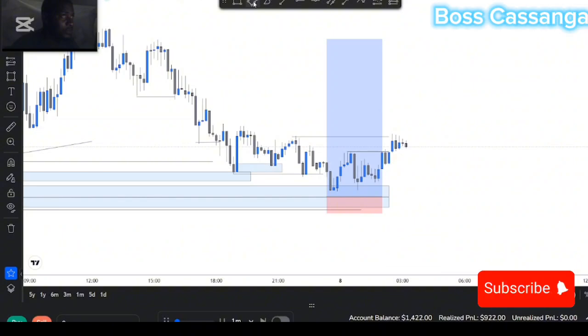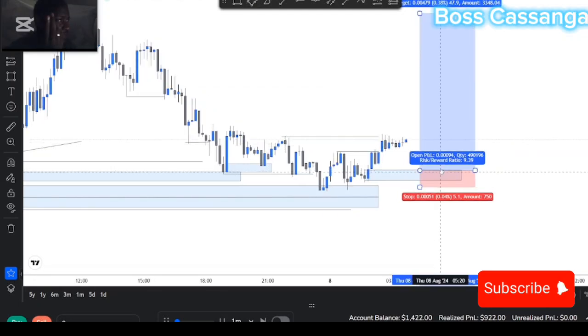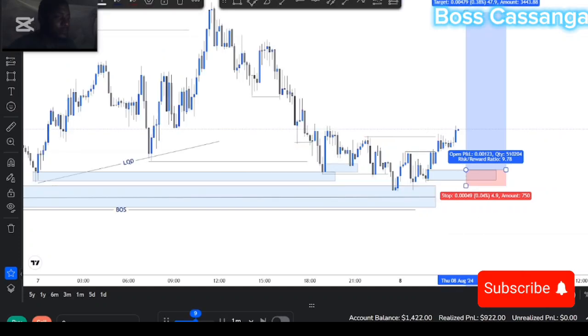Now I'm not in this trade, so I'll just look for another trade here. My stop loss is always under the demand zone or the supply zone, always. Okay, so that's where I'm going to look for a trade. I'm just going to play it fast. Okay, we're always breaking structures. This zone could be a nice zone to buy from. That's what's going to happen.